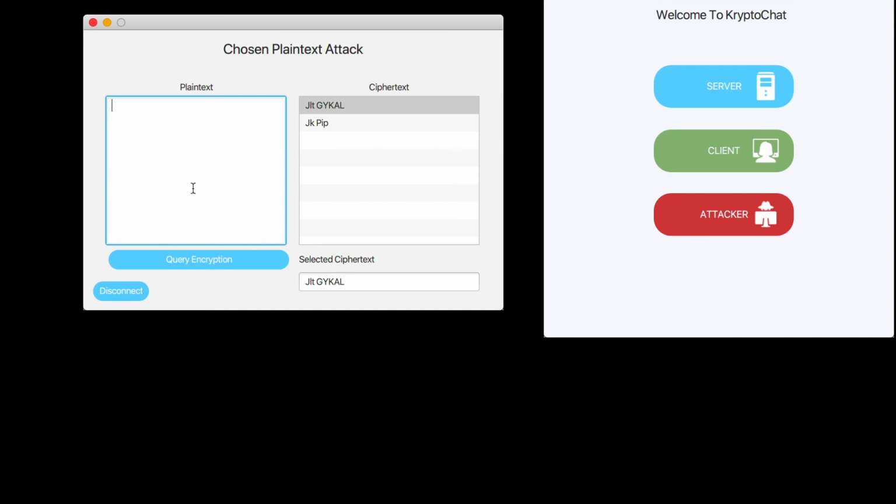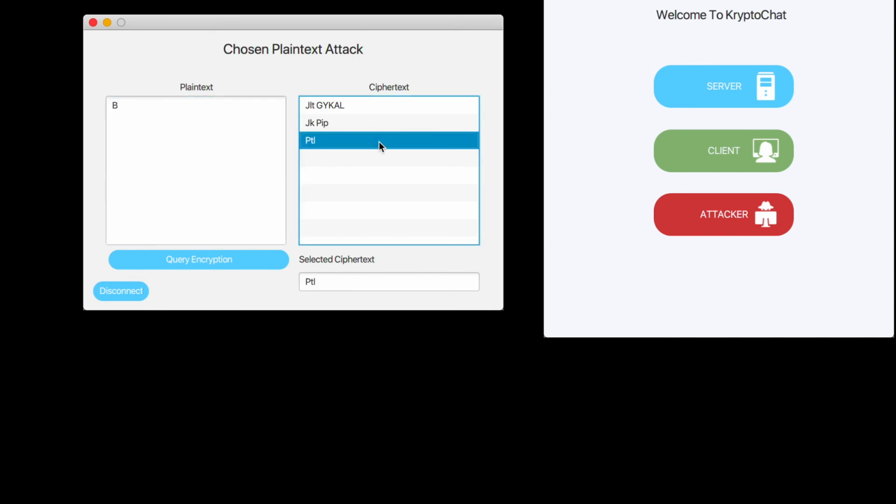So again, let's see something more common. Bye. The attacker can make many requests like that, but really that's the gist of what chosen plaintext attack is. And let's go ahead and check out chosen ciphertext attack by disconnecting here,